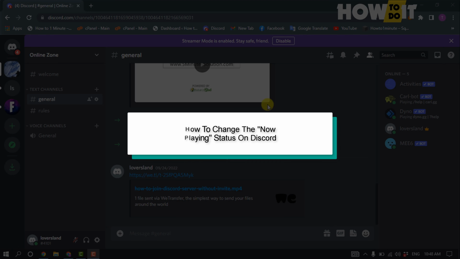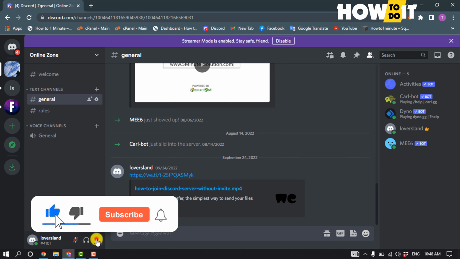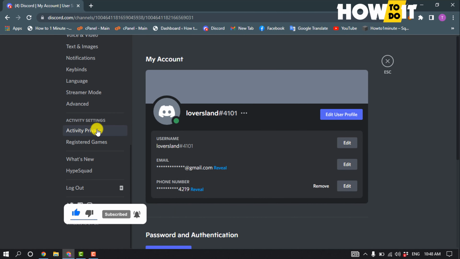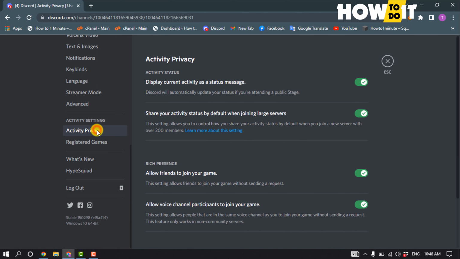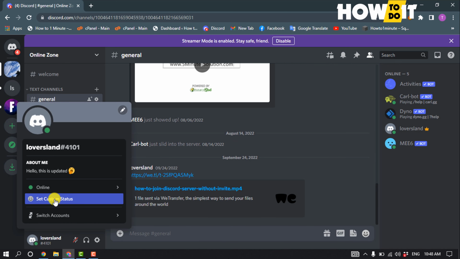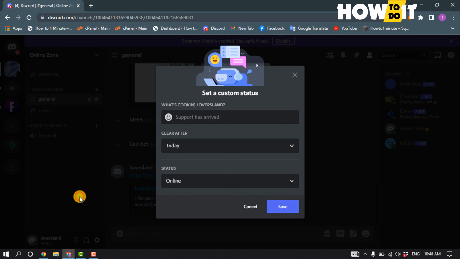So first of all, open your Discord and click on user settings, scroll down and click on activity status or activity privacy, and here you'll find this option, display current activity as a status message. So you have to disable this option and then click on your profile, click on set custom status, and you can add a new status here,